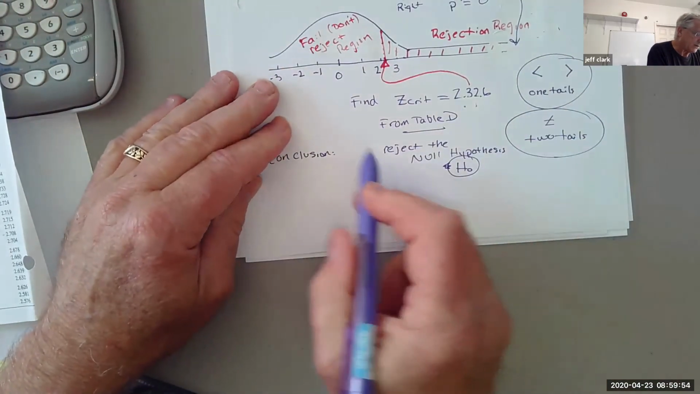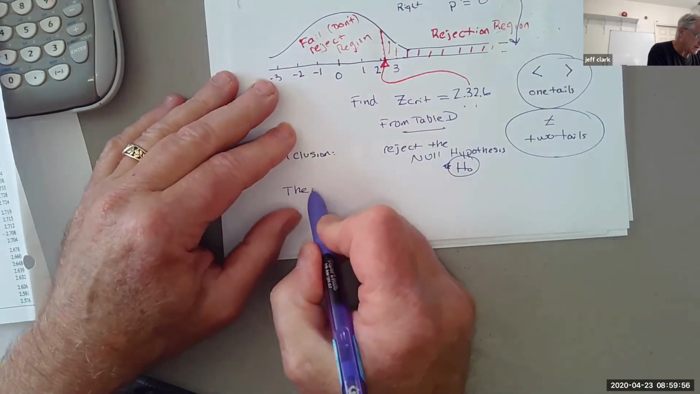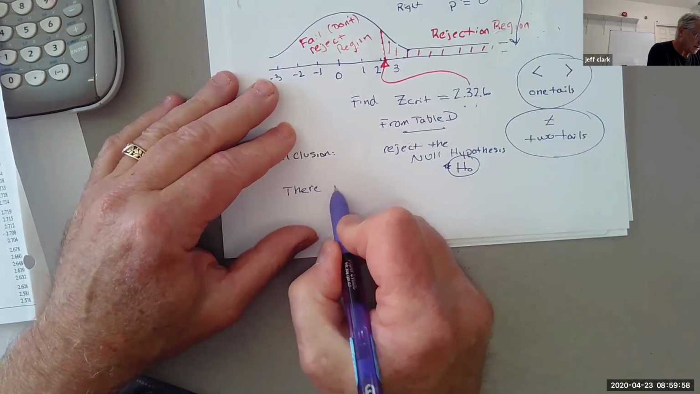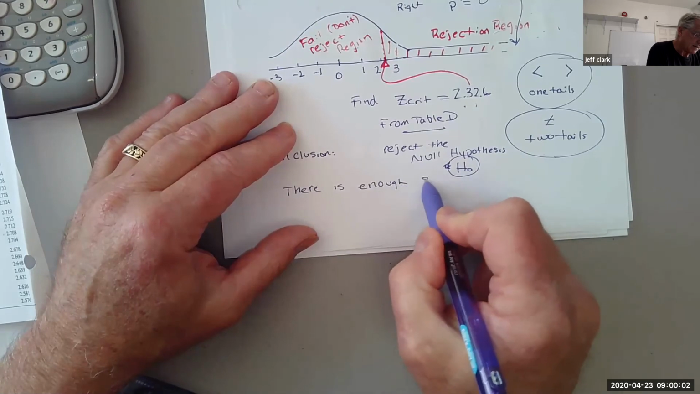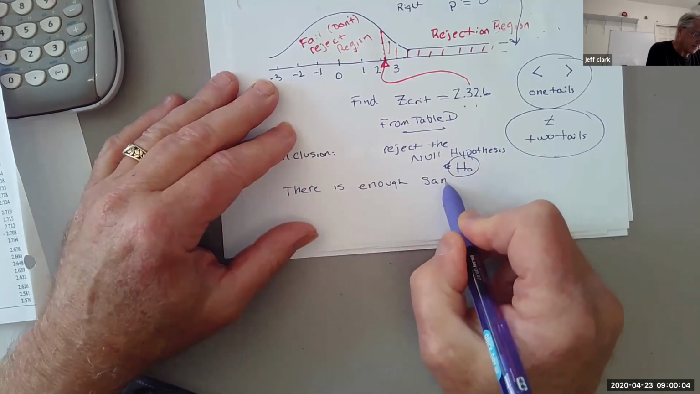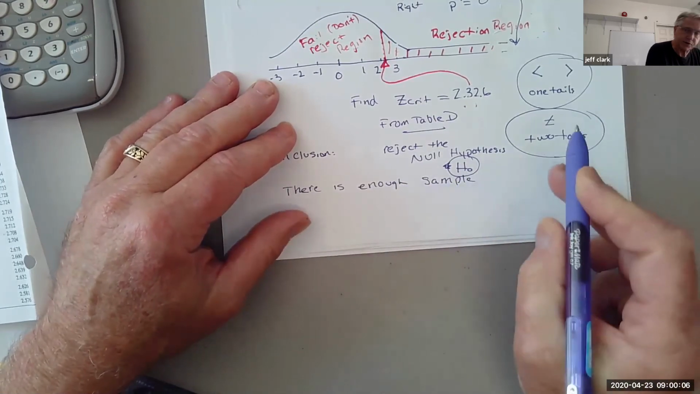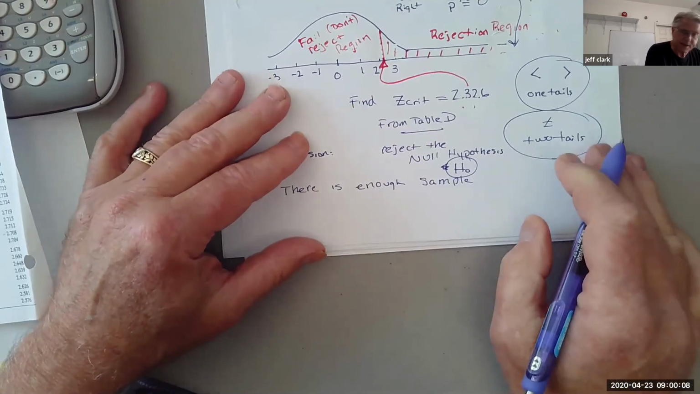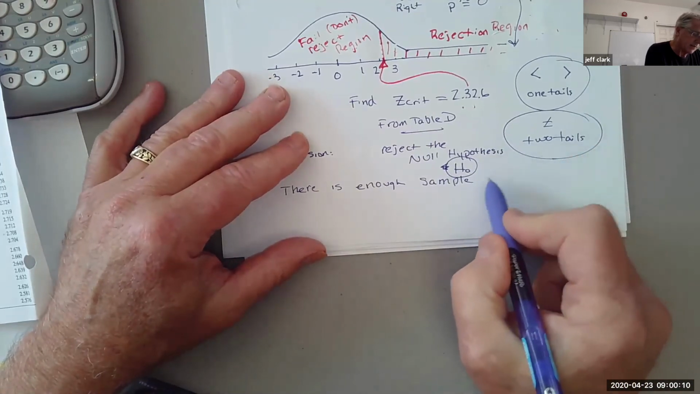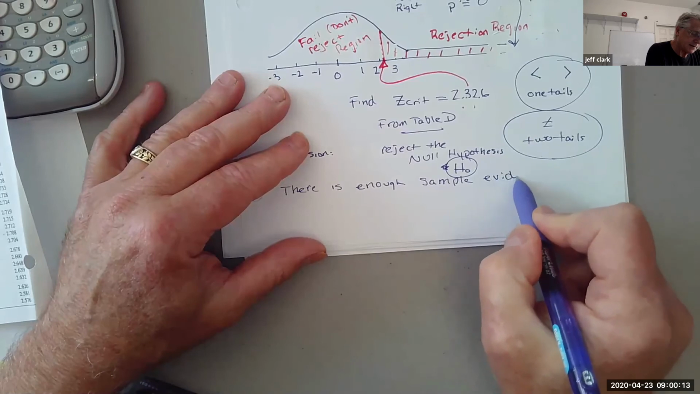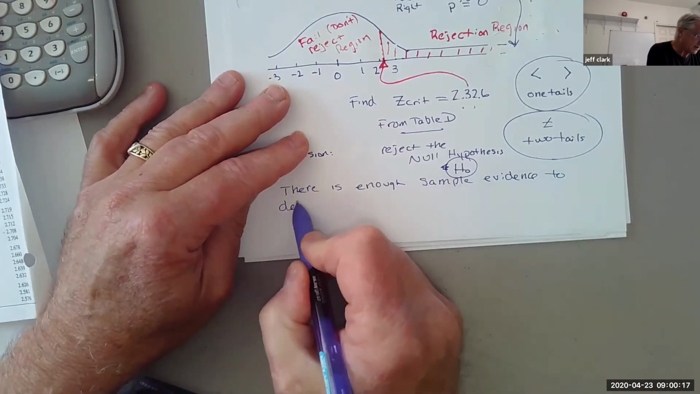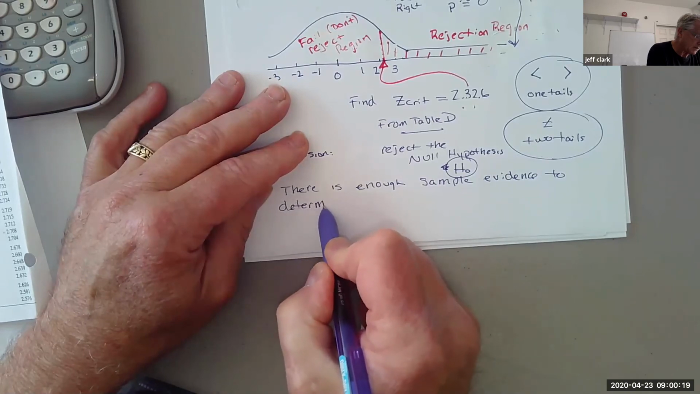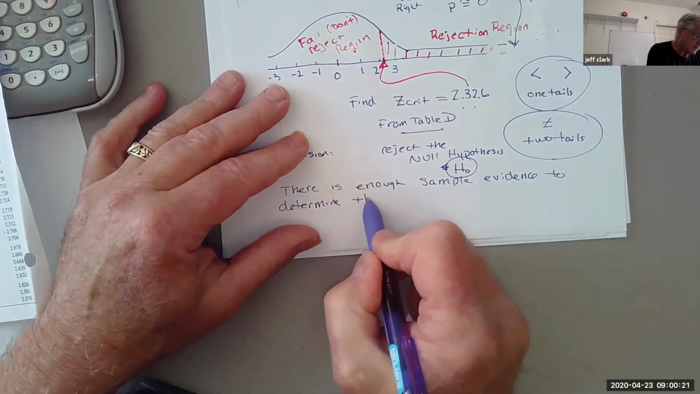We reject the null. There is enough evidence, or sample evidence, just like maybe in jury duty, there's enough evidence to say guilty or not guilty. Sample evidence to determine that